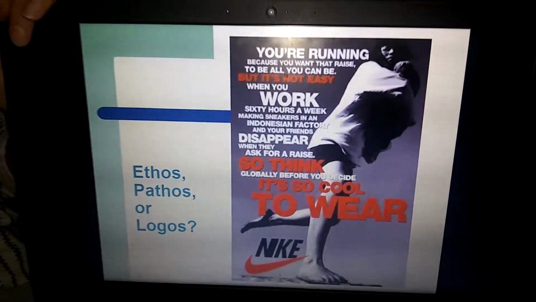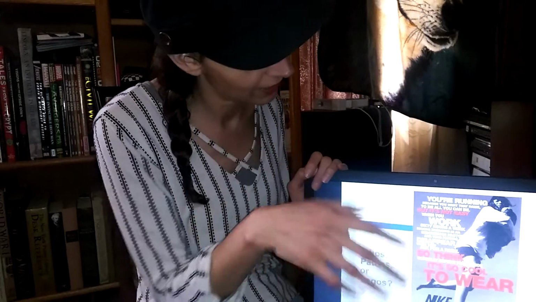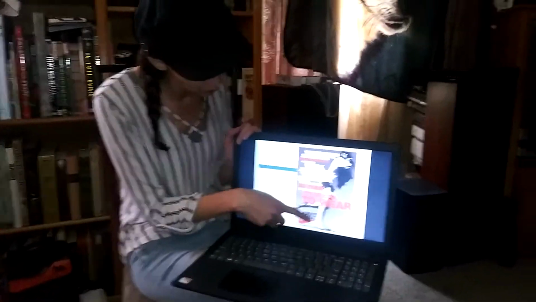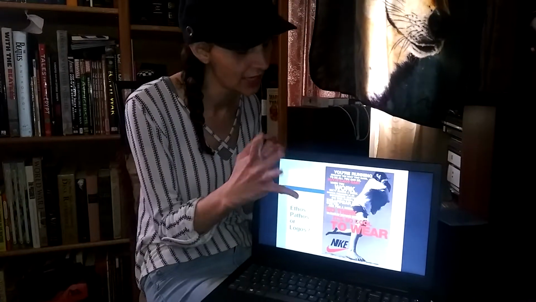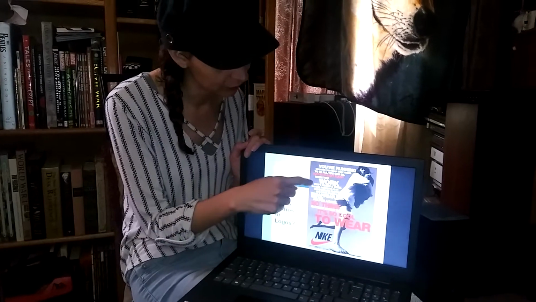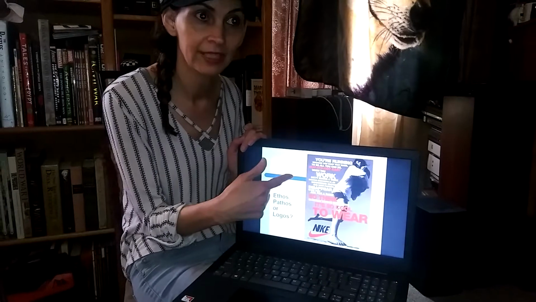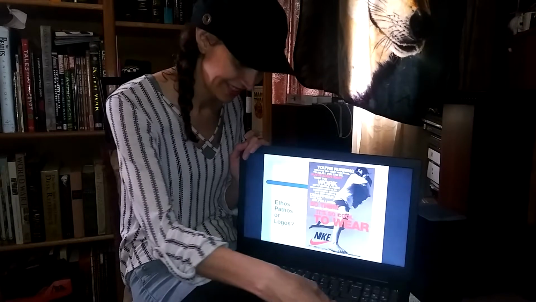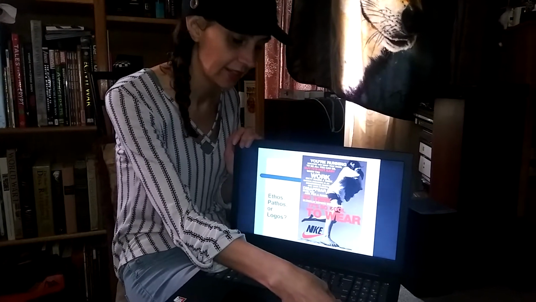Okay. So this one basically is ethics and pathos as well, because it's saying it's ethically wrong for these kids to be in sweatshops making your shoes for you, and you should feel guilt about that. So it's basically two of them, okay? And a lot of these do have more than one. But at first you just think it's a normal ad for Nike, and then you're like, oh man, I'm supposed to feel guilt because my clothes are made in sweatshops by these kids, which all of our clothes are, most of them. So again, it's telling you to think ethically before you decide, okay?